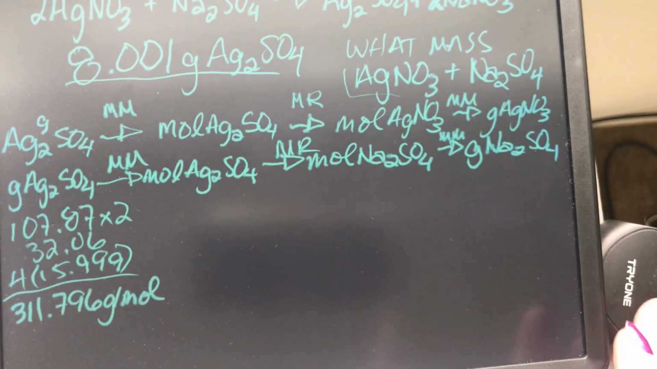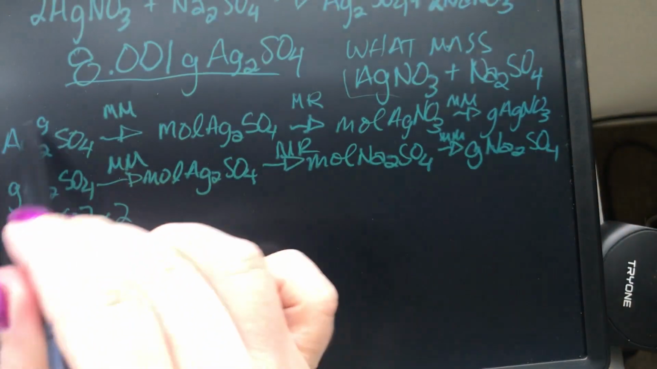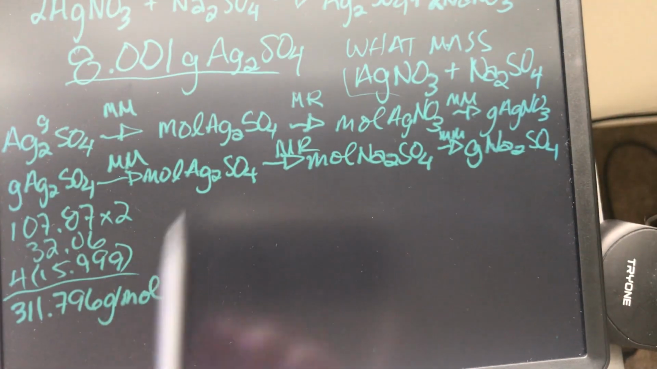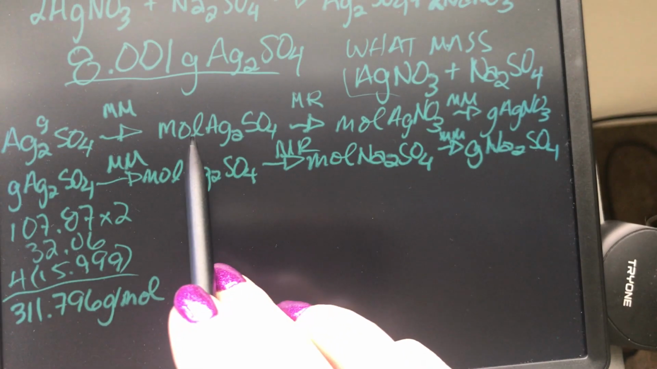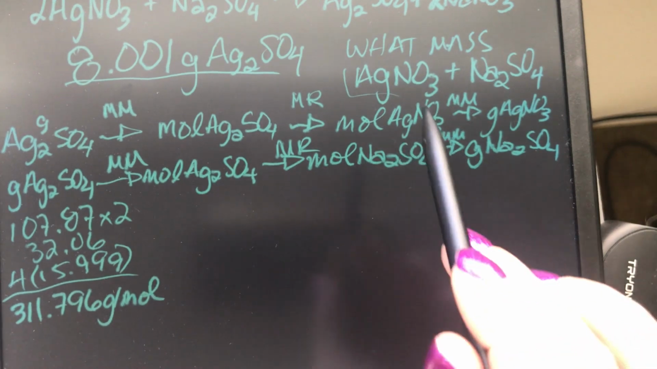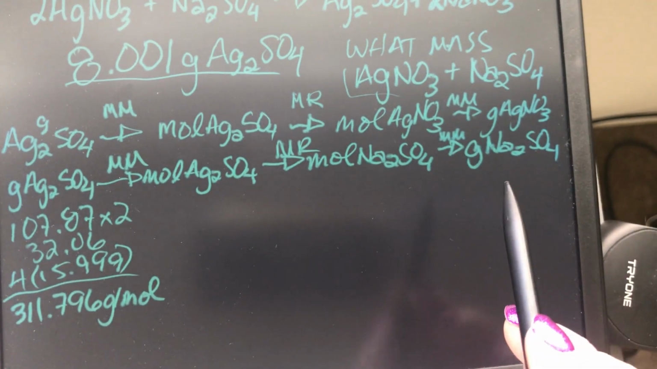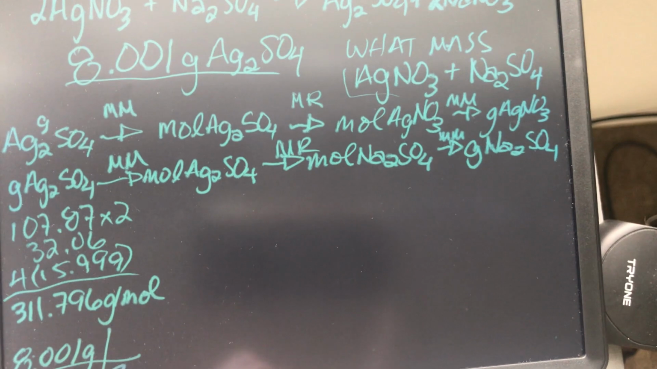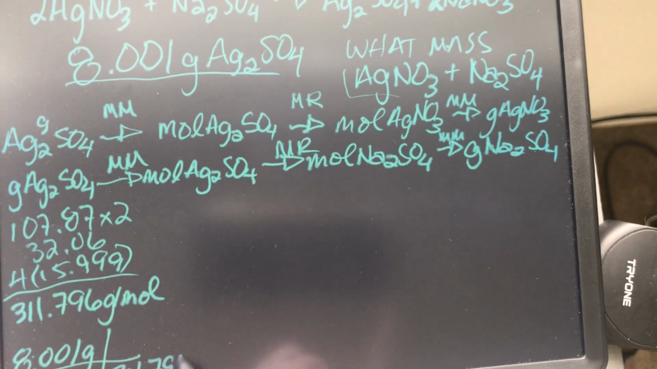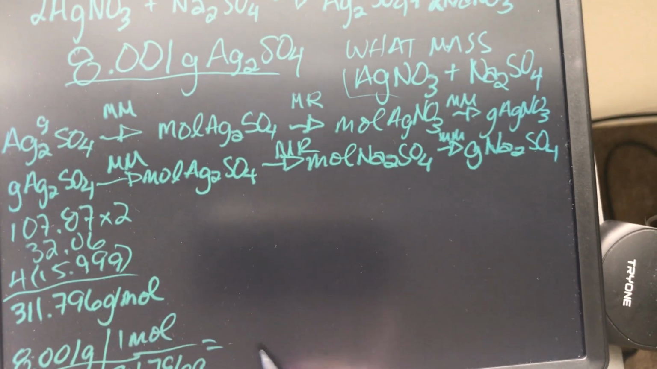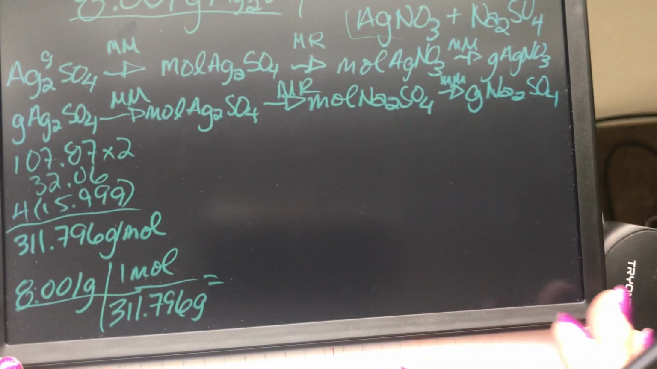Right? Now, knowing that I have this step in both of these processes, I would probably just get moles of silver sulfate, and then I can use the moles of silver sulfate to do this part of each one, right? So if I know I have 8.001 grams of silver sulfate, and I know that there's 311.96 blah blah blah for every 1 mole, right? That'll give me, sorry,